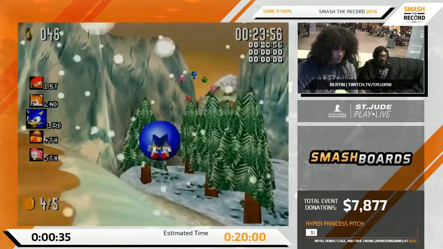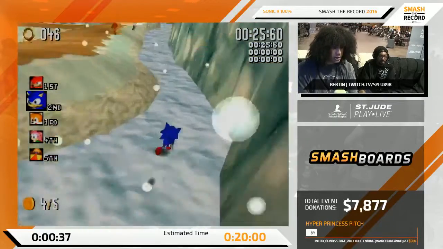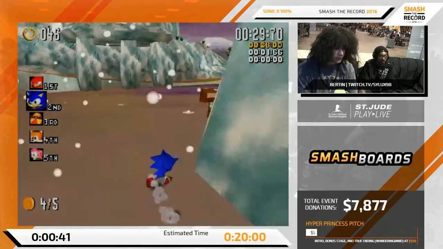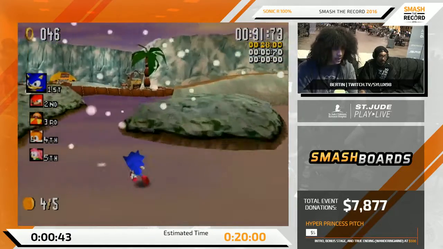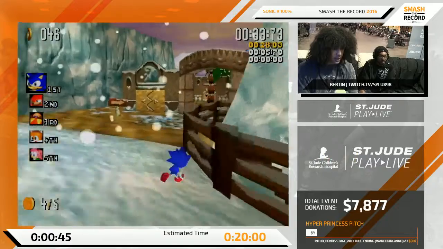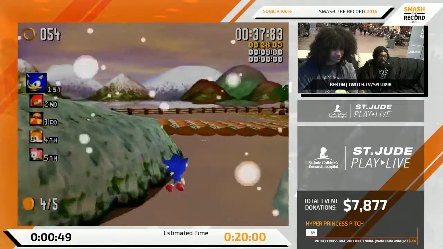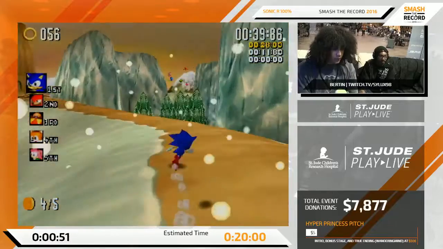So the objective of a 100% Sonic R speedrun is pretty simple. All you really need to do is collect 5 medals around the track, get first place, and collect all the Chaos Emeralds that you can. And it's pretty much the same thing for every track. So for this one specifically,